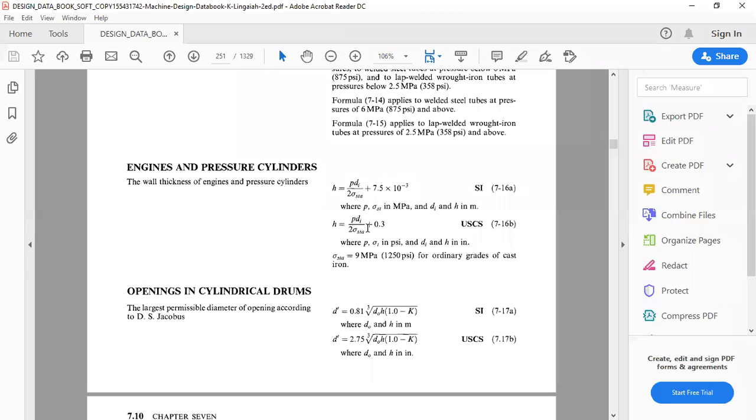So make sure that you are converting it into millimeters also. So H will be very small there. Since it is millimeters, usually our cylinder thickness will be around 12 mm, 10 mm, 8 mm, that range. So you will get the value as 0.008 or 0.012, 0.010 like that. Okay.